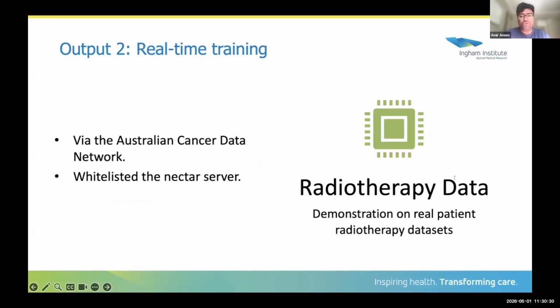Finally, we plan to demonstrate these FL implementations using radiotherapy health data on an Australian federated learning network, such as hospitals and registries through the Australian Cancer Data Network. For this, we have whitelisted the Nectar server for our partner hospitals, ensuring that each hospital's network, acting as a client, can securely connect to the server. A big thanks to our team member, Fahim Alam, who has been actively engaging with the hospital IT teams to